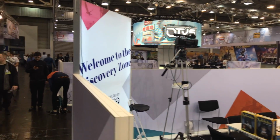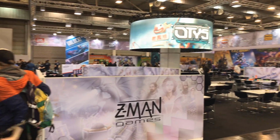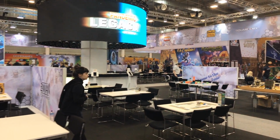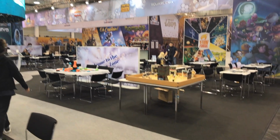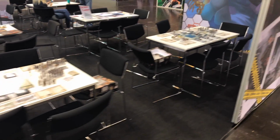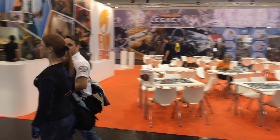And then here is Asmodee Central. This looks like a video game thing here, and they got this huge, constantly moving, rotating screen. There's spots here where you can check out all the games that they have. We got a Plaid Hat section, so you can see Dead of Winter and Mice and Mystics. And then straight in front of me here is Fun Forge. So they have Citadels of Time,